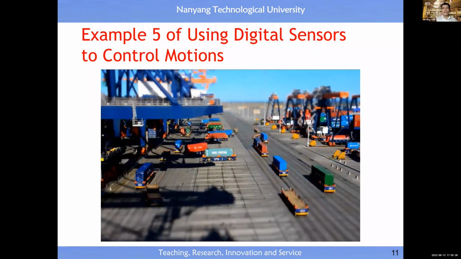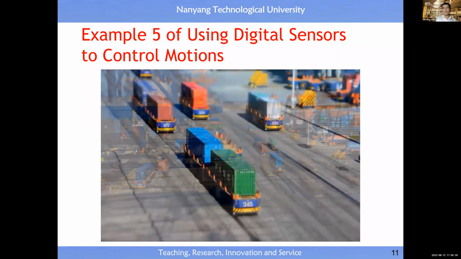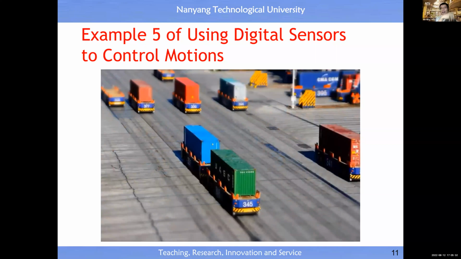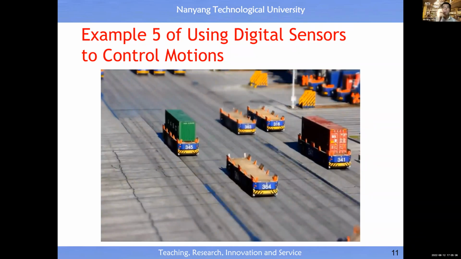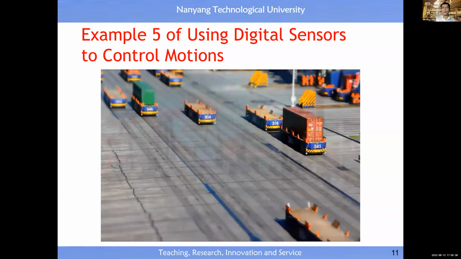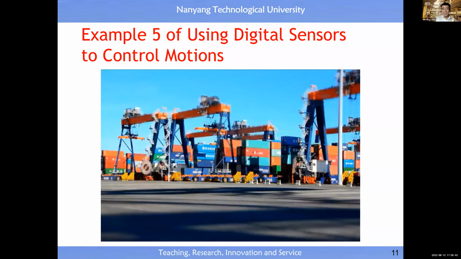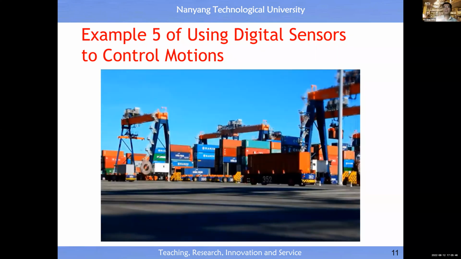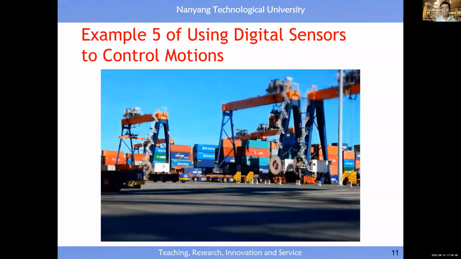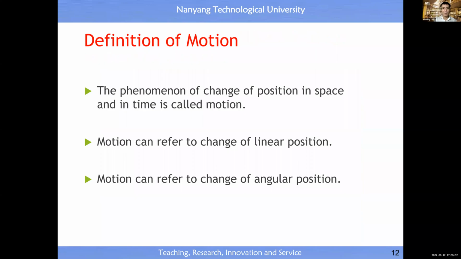So you see, for the control of mobility, these are the typical examples of mobility. The previous example showed you manipulation. So you see, you have mobility related motion control and manipulation related motion control, all right? So inside this control loop, you will see the presence of a digital sensor for the measurement of velocity, all right? So it should be good enough for you to see, all right?